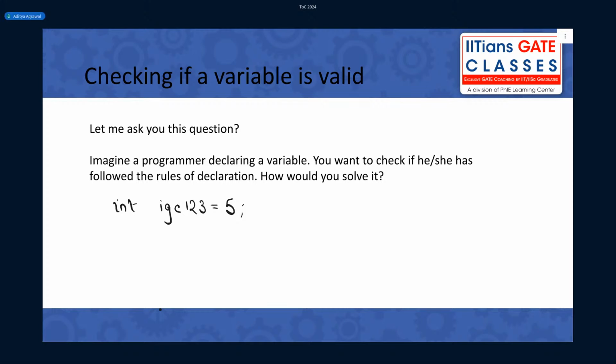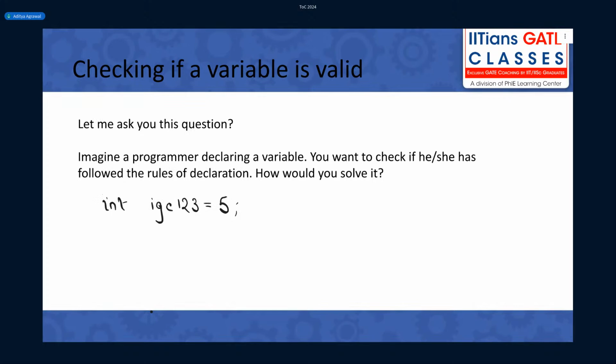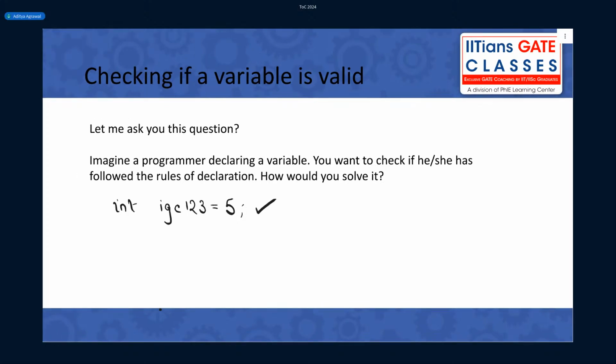How can the computer do that? How should you instruct the computer that this is a valid variable name, while if I start something with a digit or make some mistake, that is not a valid variable name?